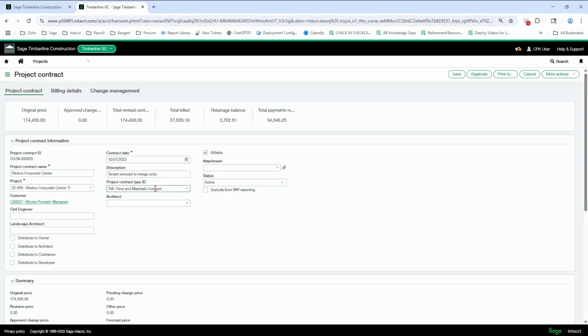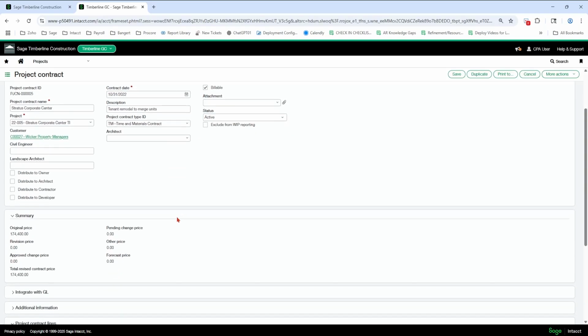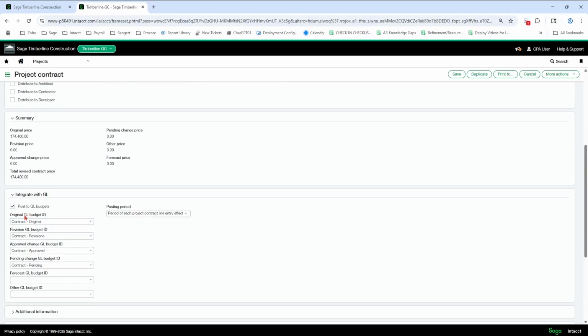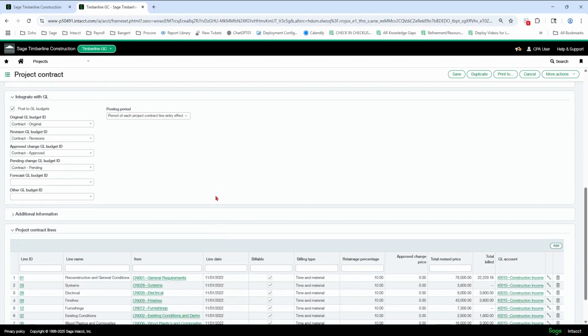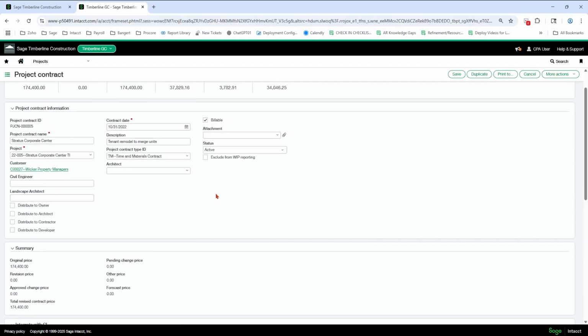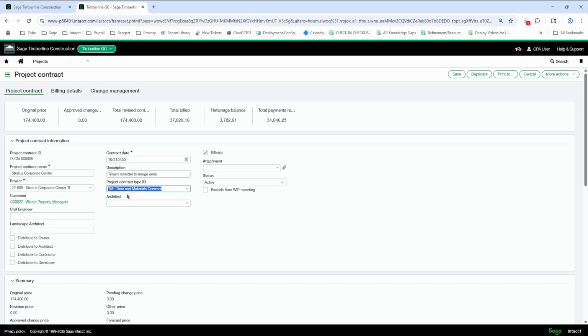And then you pick your project contract type, billable. Okay, the active should be there already. I'm going to scroll down, integrate with GL, still going to occur. That's the typical setup. It's the last one there. And that is the header for the time and material scenario. So the only difference really is you're going to pick a different type here.